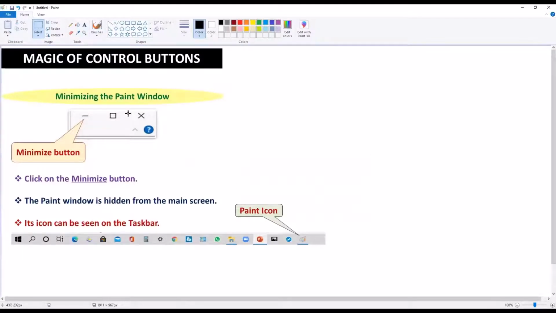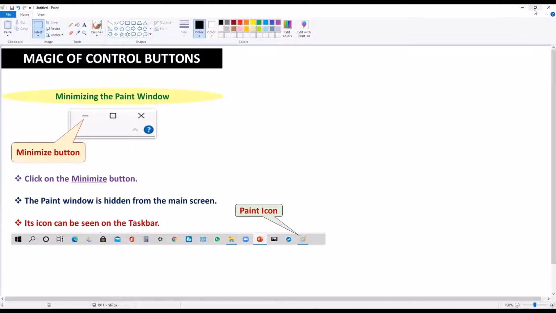First, we will study about magic of control buttons. Children, you can see three buttons here. So first we will study how we can minimize the paint window. You can find these three buttons on the right corner of your screen.